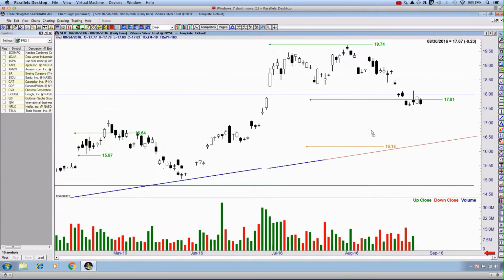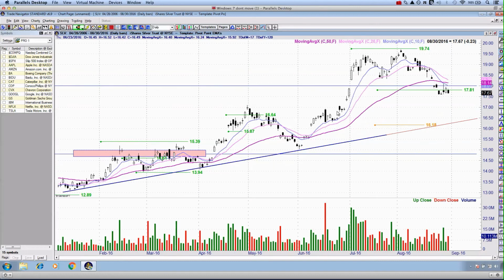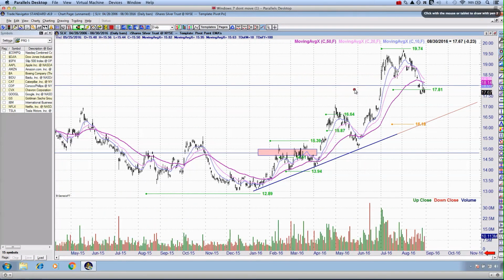Now, if we're looking at tradable opportunity in silver, we have to check with the chart and ask ourselves the question, well, is there an opportunity for a short given the technical picture? And the answer to that question is yes, there is, because when we go into the nitty gritty of the chart, it does appear as though we have what we call a double top. We have a very pronounced neckline, and we are more or less sitting right on that open window, which is just filled. We are also below the key exponential moving averages, and also going back to the trend line since the beginning of 2016, again, setting up those higher lows, which is very much so bullish.